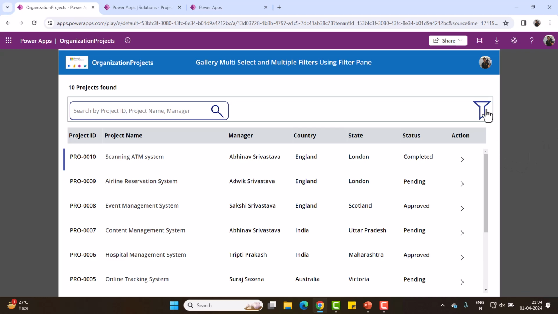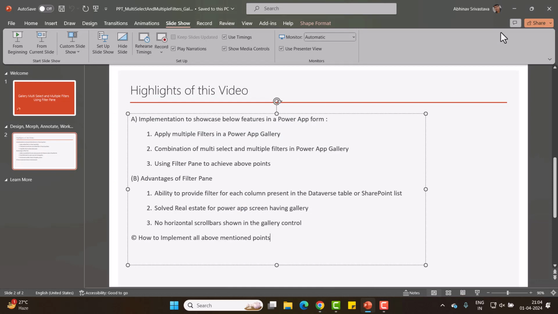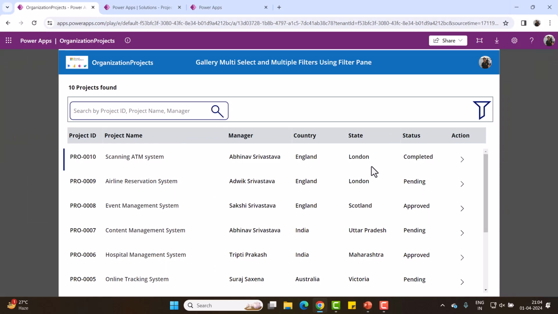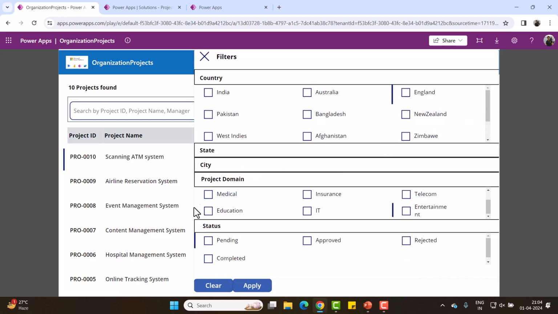Now the beauty of the filter pane is that, as I have mentioned in my presentation, it gives you the ability to provide a filter for each of the columns that are there in a database. So here you are seeing that I don't have the columns city and project domain, but they exist in the database, and by using the filter pane I can apply the filter on project domain as well as city.